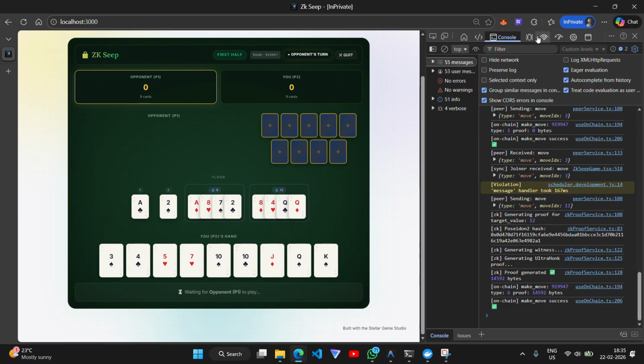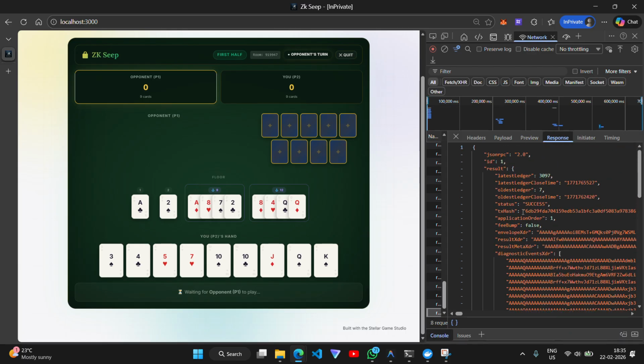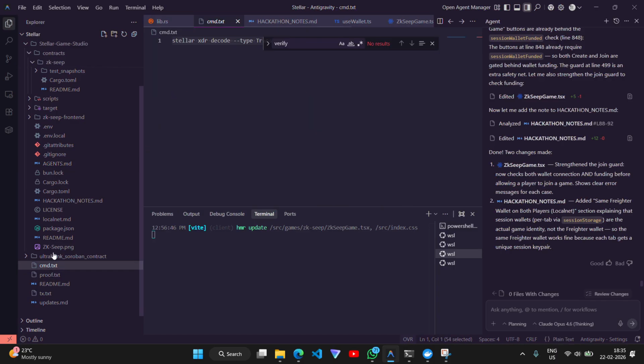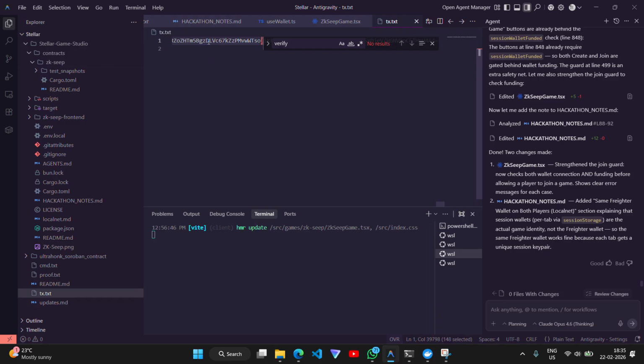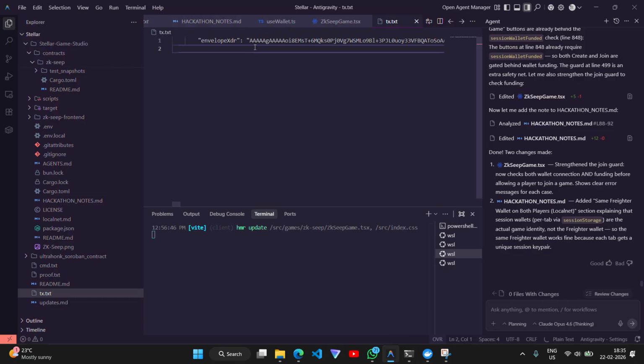Let me go to the network tab and this RPC call, and you can see that the envelope XDR is right here. So I will control copy it. I will go here and let me go to the command.txt. Hold on, not this, tx.txt. Let me go there. Now I'm going to copy and paste this right here. So essentially like this and move all this right. So I'll paste this here. Now I'll have to remove,